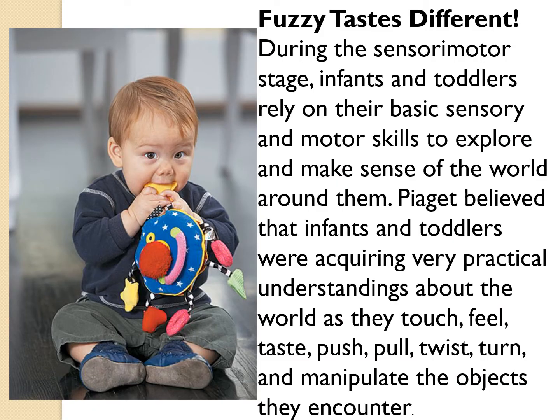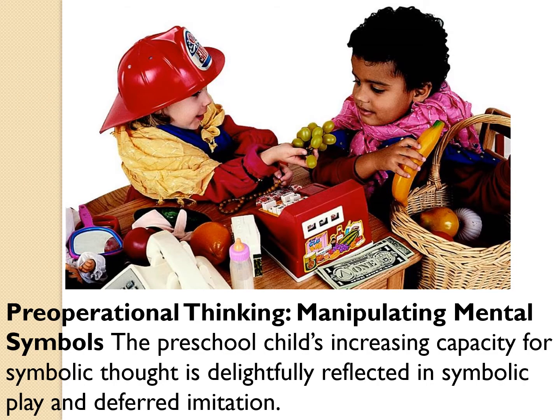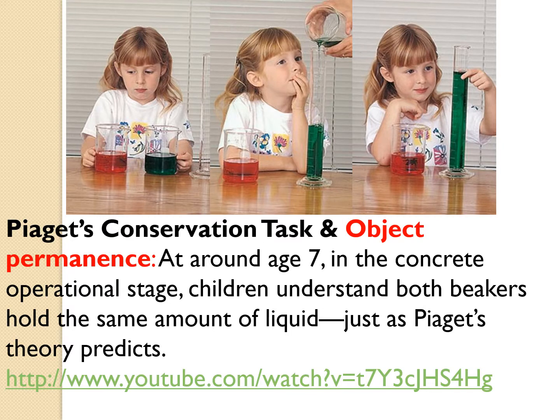Now here's an example of sensory motor development in that 0 to 2 stage. An example of 2 to 6 or 7, the pre-operational thought process, is pretend play. And then here's our conservation. We have our conservation of task or object. It's liquid actually. So here's an example in the picture.